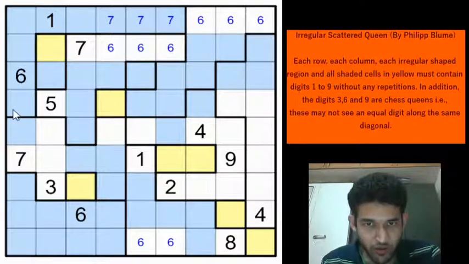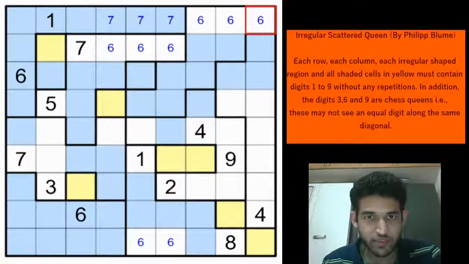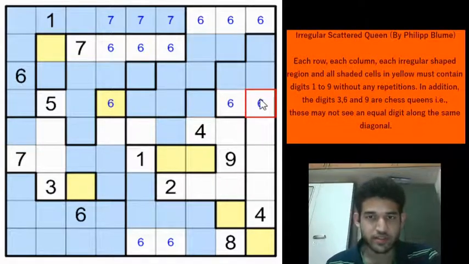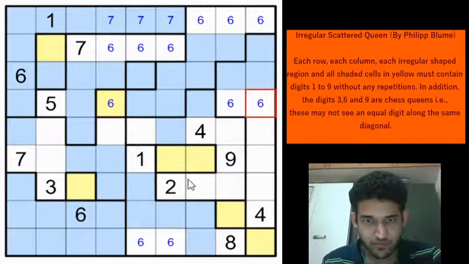And now if you look closely at row 4, there are only 2 possible locations left for the 6. Either row 4 column 4, or there are 3 possible locations actually: row 4 column 8 or row 4 column 9. There is no other possibility. Right? Because we have eliminated every other possibility, so it can only be in row 4 column 4, row 4 column 8 or row 4 column 9.